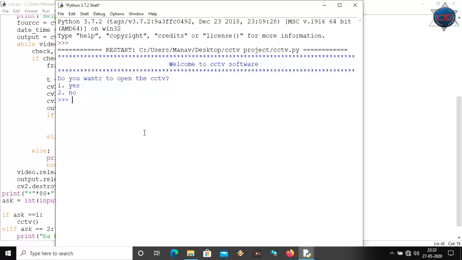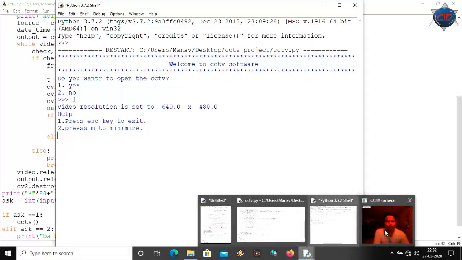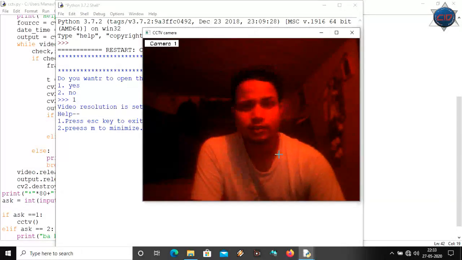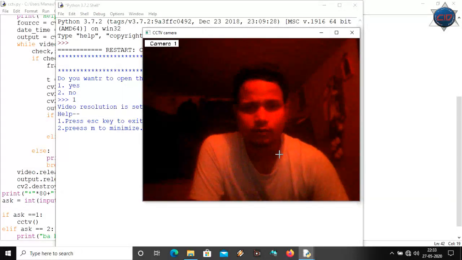There is some problem with my camera, and it is also too dark in my room. Okay, it is working, but it is not showing the time here.